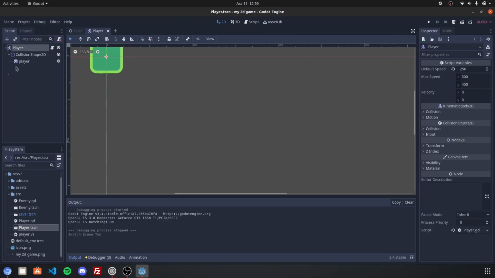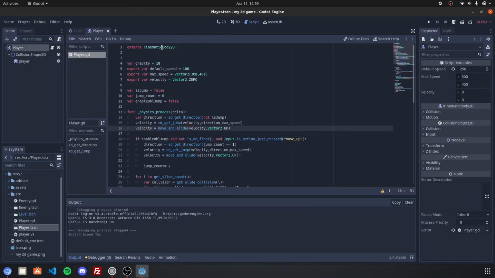In this player we have 3 nodes: KinematicBody2D, CollisionShape2D, and the player sprite. In our script we extend the KinematicBody2D class, and I have some variables